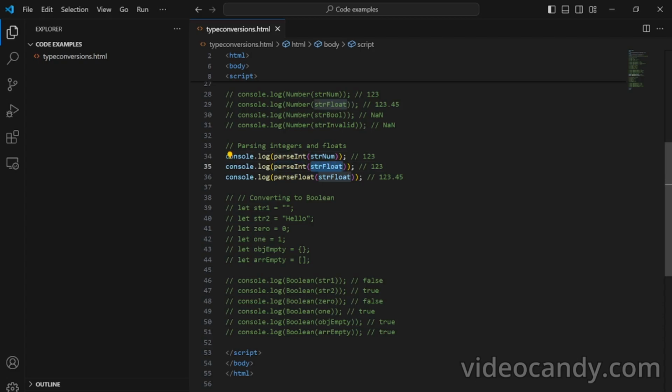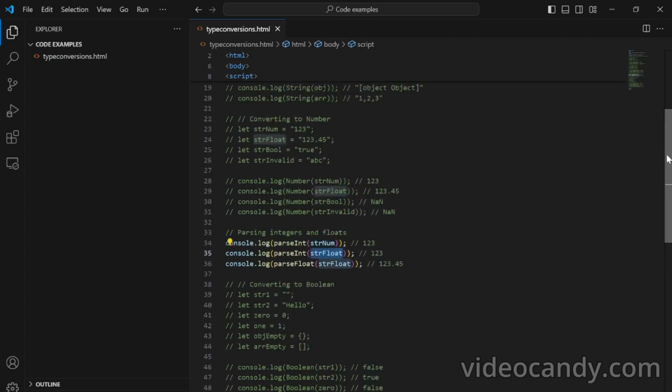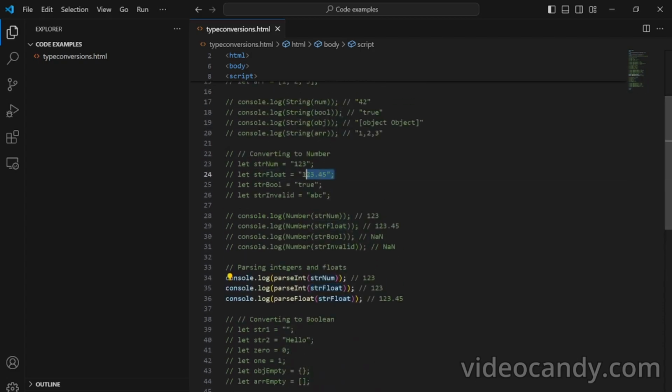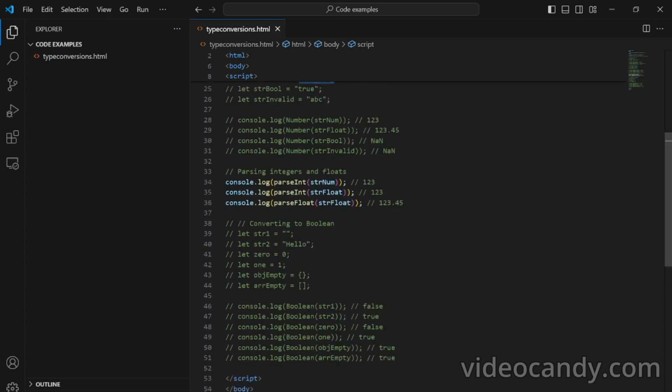When we pass a float which holds this number in string representation, it gets converted to 123. And when we parseFloat a float number 1 2 3 4 5, it remains unchanged, but the type is now float. Let's comment this